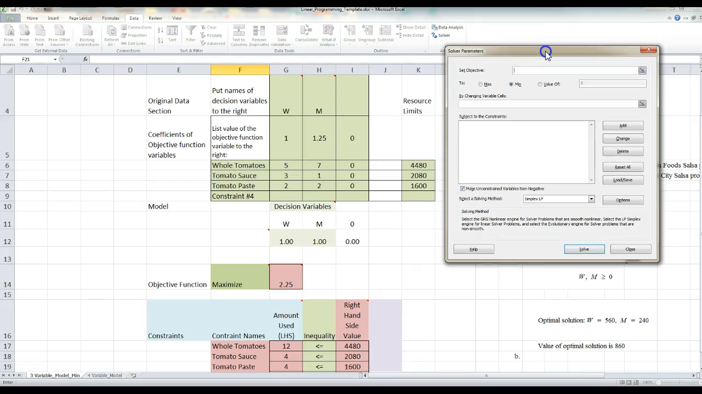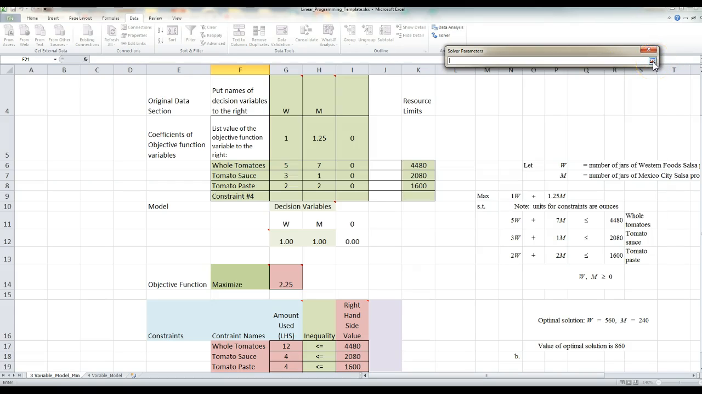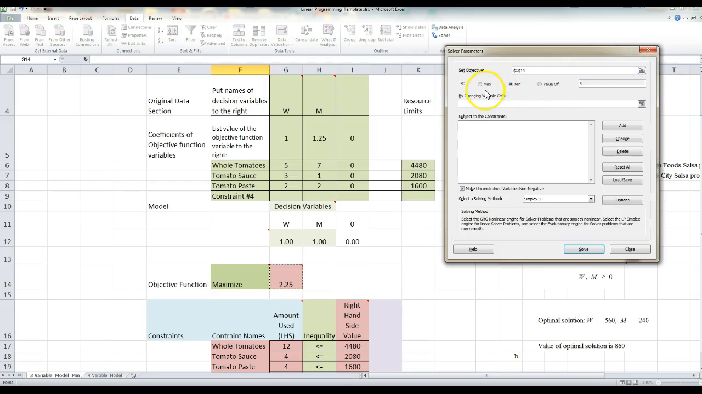I'll move it over here so we can see the spreadsheet at the same time. So we want to simply identify the location of our objective function. Click on the icon, highlight the cell containing the objective function, which in my case is G14. Click on the icon again to return, and you want to tell the system if you're maximizing or minimizing or solving for a particular value. In this case, we are maximizing this function,